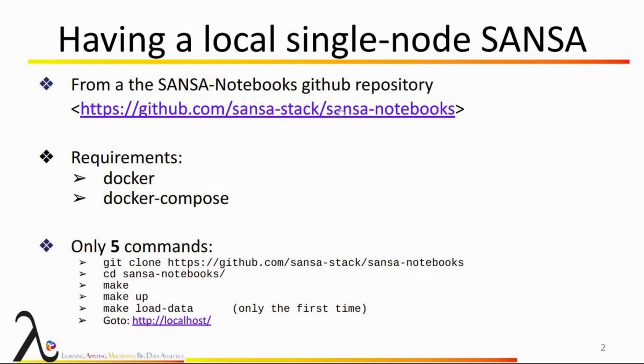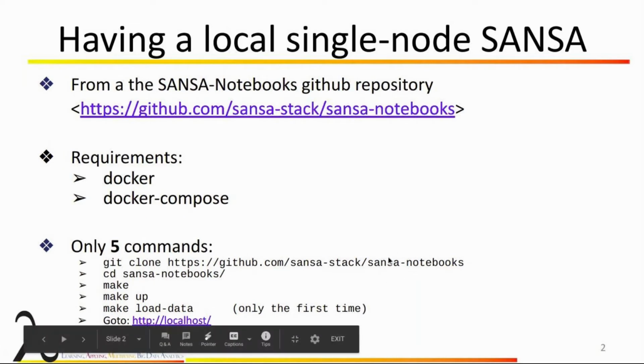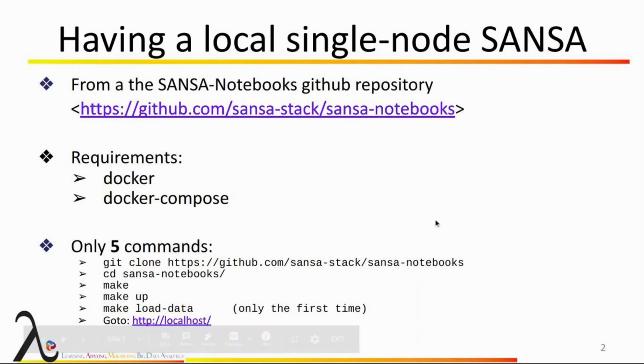And when you clone SANSA notebooks, you only need to run these 5 commands. That is, git clone the notebooks, move into the directory, and execute these 3 commands of make up, and make load data to load the data into HDFS. And then you could go to localhost to look at the SANSA notebooks.